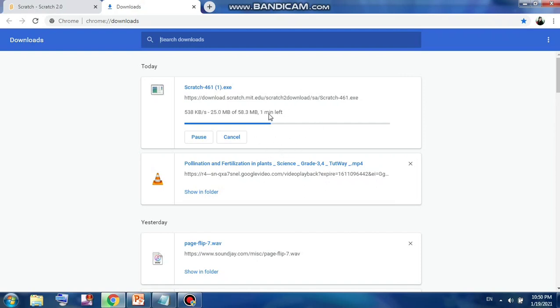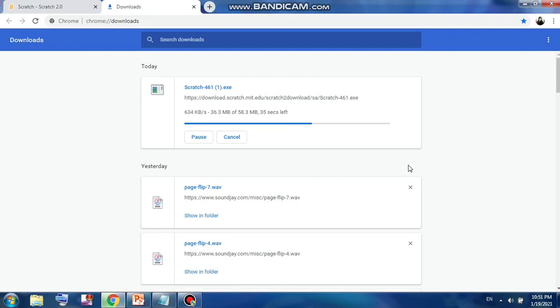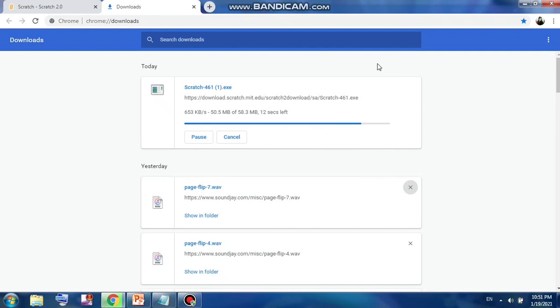It takes a few minutes to download. Basically it depends on the speed of your internet. If you have good internet, it will be quick, and if you have slow internet, then it will take time. Mine has just 30 seconds left. After 30 seconds, this software will be downloaded. Now after downloading, I will show you how to install it. Because as we have read, after downloading anything, what do we have to do? We need to install it. Then only it will run on the computer or your PC. Just 10 seconds to go.